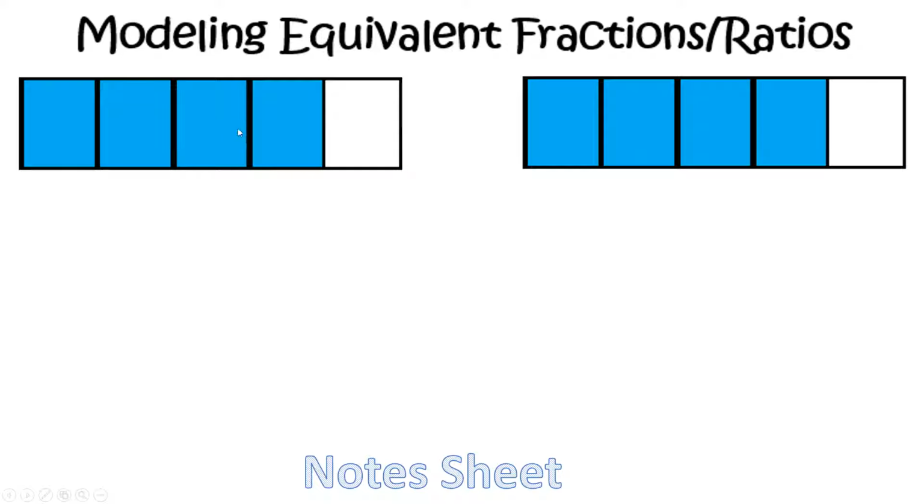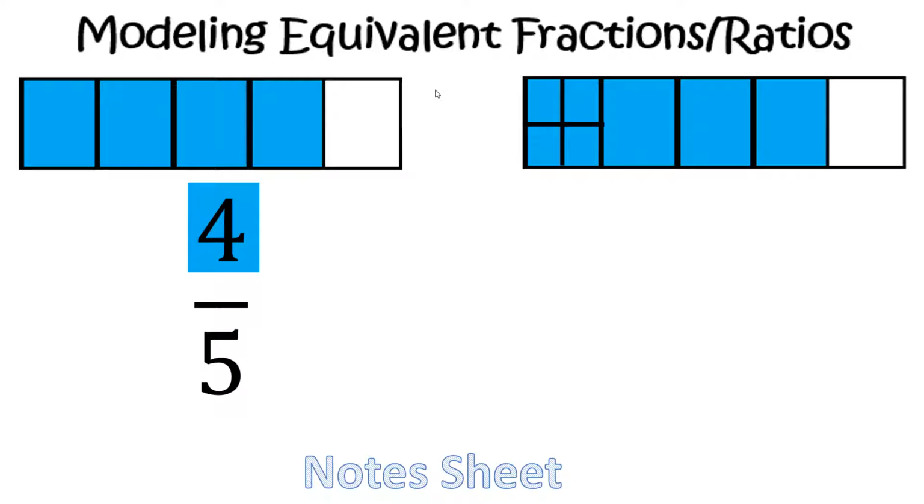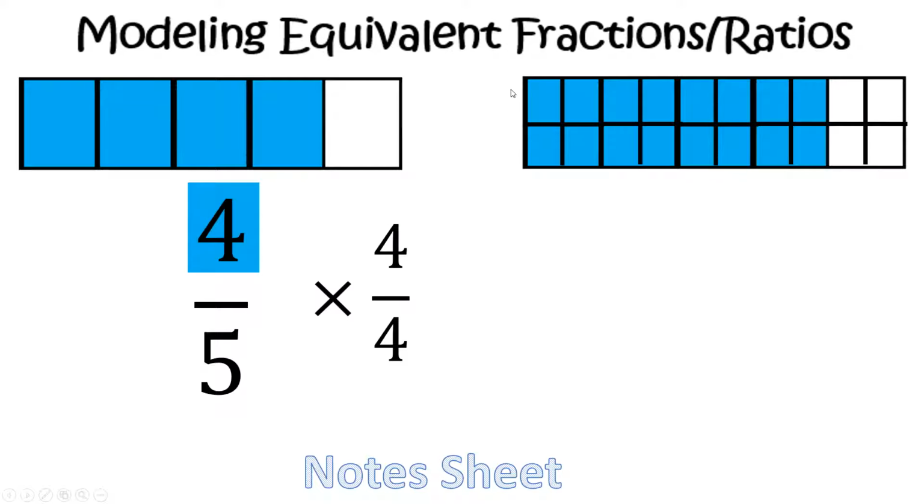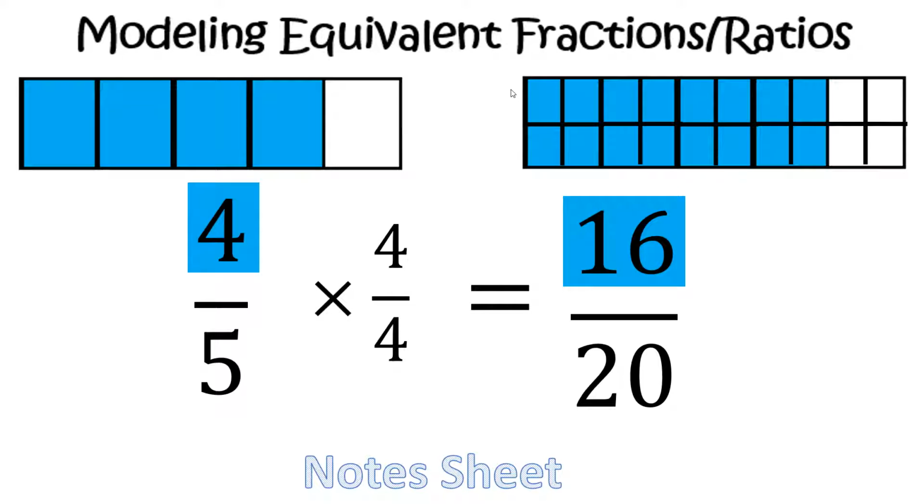Here we start off with 4 out of 5 pieces. So please highlight 4 out of 5 pieces. And then I would like you to cut each of these into 4 pieces. You could draw 1 line across the middle and then 1 line down the center of each of these. So we've cut them into 4 additional pieces each. So we're multiplying the numerator and denominator by 4, and therefore we have 16 out of a total of 20